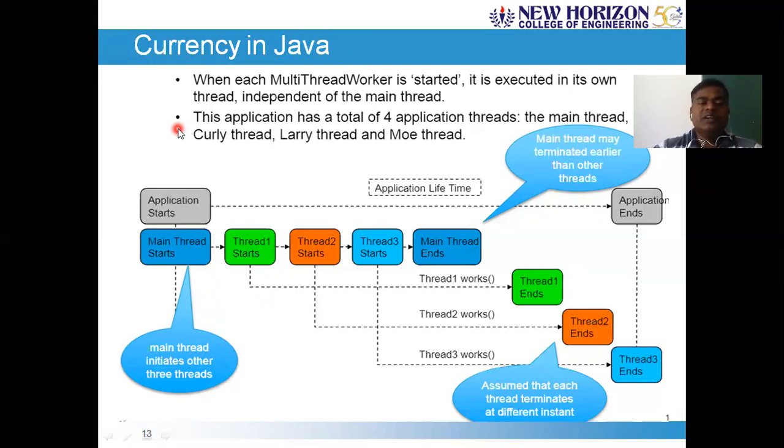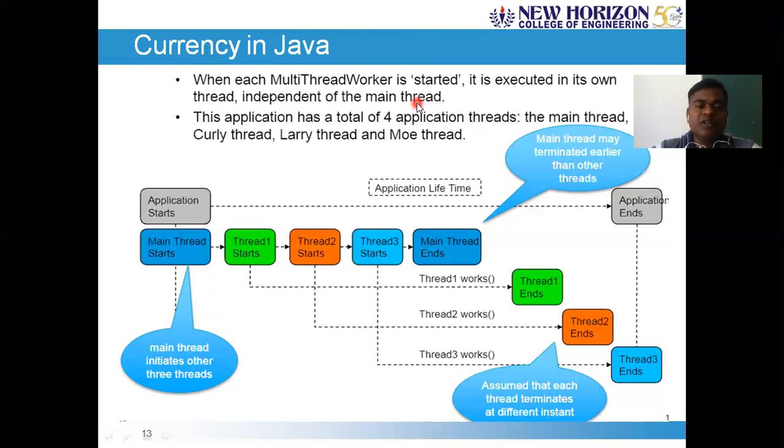In a multi-threaded system, once a worker is started, it is executed on its own thread, independent of the main thread. Once you create any additional threads, maybe a second, third or fourth thread or any child threads, each of them will be able to complete its task without any dependency on the main thread.